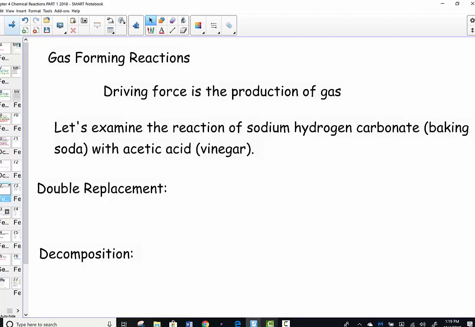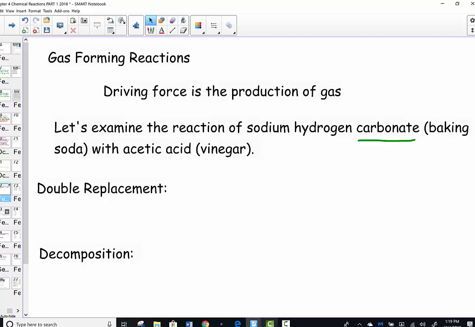Very specific to this type of pattern, of all of those that I could ask you to learn, I'm asking us to recognize the carbonate polyatomic ion. When I see carbonate, I'm going to suspect some bubbling. Just like a carbonated beverage, if you open a can of pop, it will bubble, releasing carbon dioxide bubbles. That's the pattern. It's just the one little thing we're going to ask you to know about the driving force